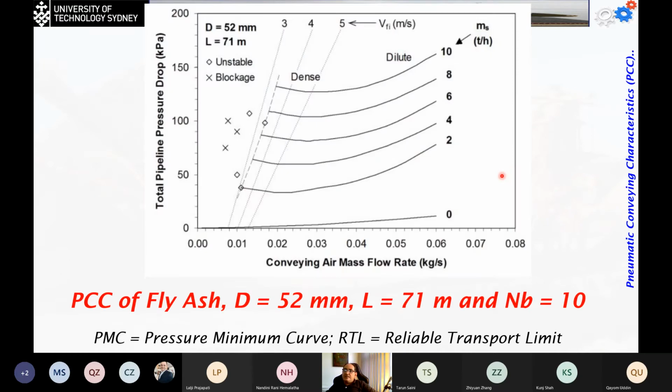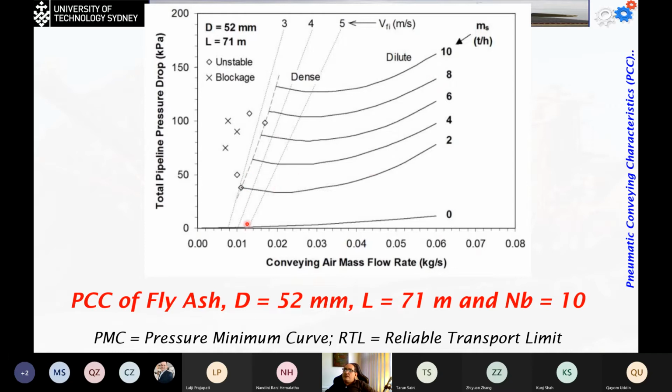So this is an example for the ash. The diameter of the material is going to be about 52 millimeters. The diameter of the pipe is 52 millimeters. The length of the piping system is 71 meters, and the MB is going to be equal to 10. So if I sketch the conveying air mass flow rate in kilogram per second against the total pipeline pressure drop in kilopascal for 3 different flow rates, or MS values,